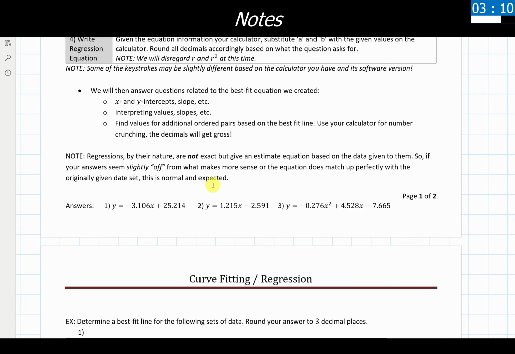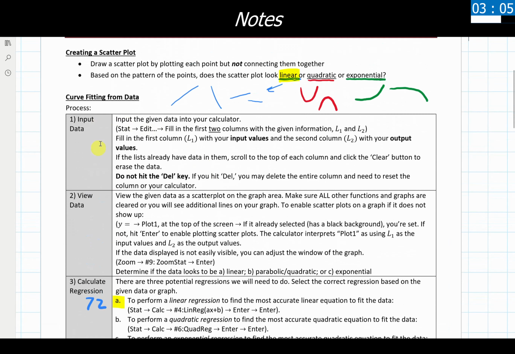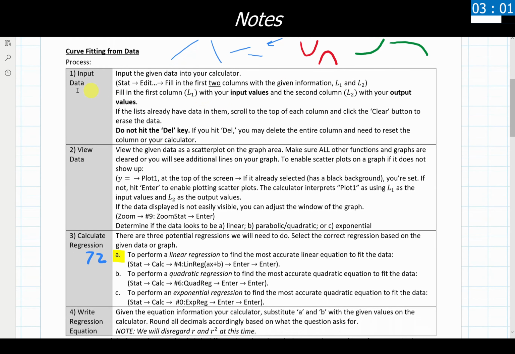The only part where things could go wrong in this process is at the very, very beginning when we're inputting data. So we have our overview of everything written out here. I want to go into these in a little bit more detail because it's kind of some warnings that I want to give you as you are going through this process and doing these regressions for yourself.